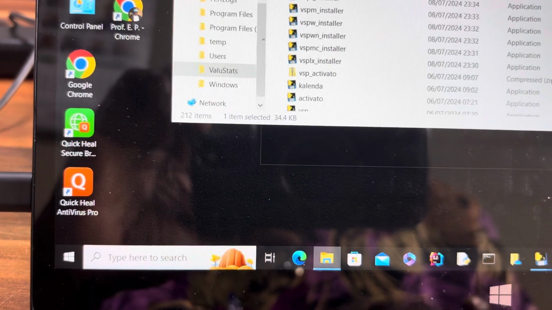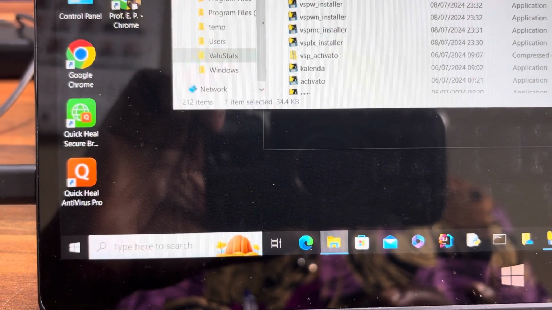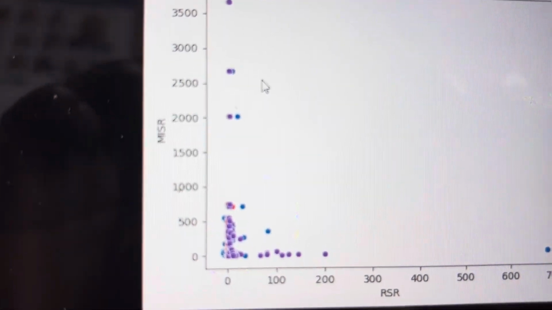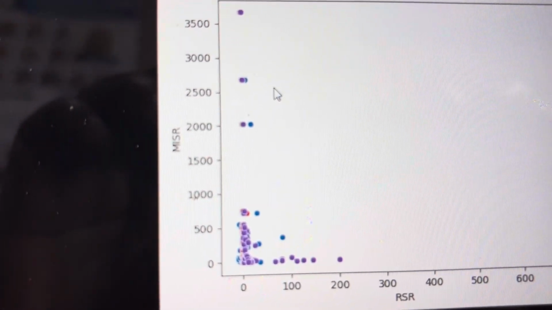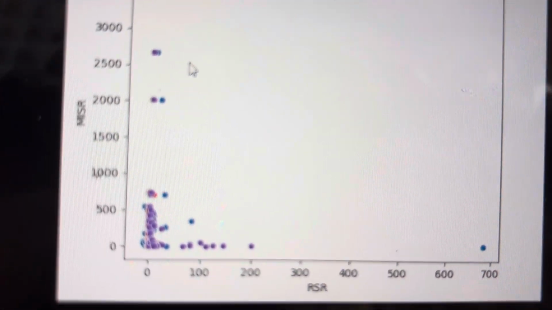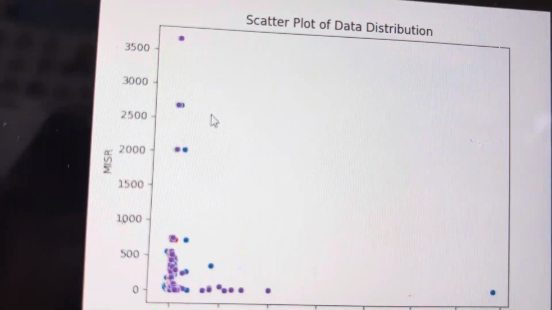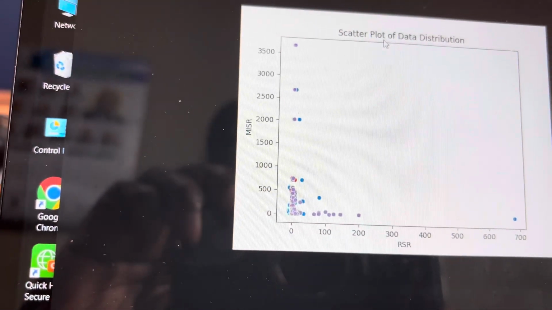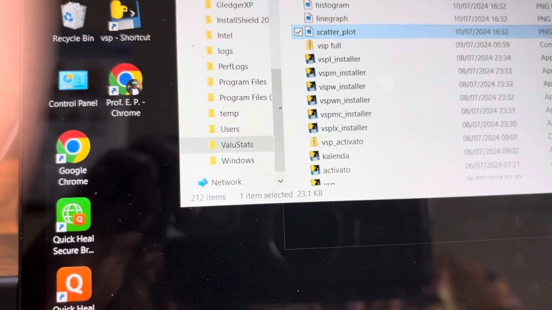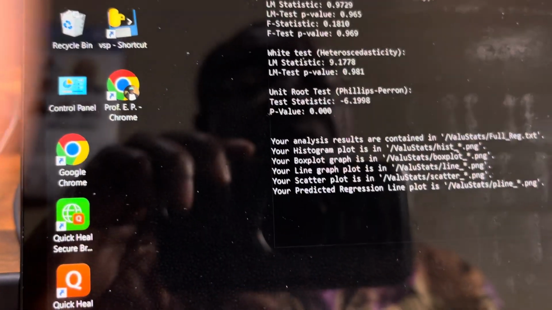Now then let's look at the scatter plots too. Now there is a scatter plot. Remember that we selected all four for the plots that it produced. Okay, so that's it. Now that is for the first. Now let us